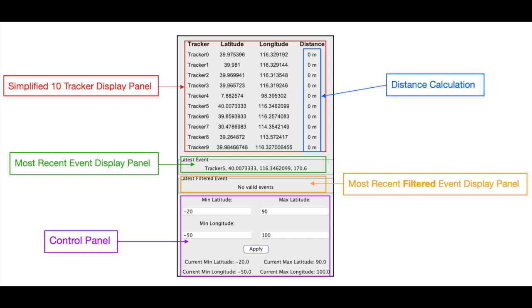When designing the GUI application, it made the most sense for me to split the GUI design into 5 separate sections. So the first component is a simple 10 tracker display panel, which displays new events as they are received. The second component is the latest event display field. This displays the most recent GPS event at the time it occurs, and it can be from either one of